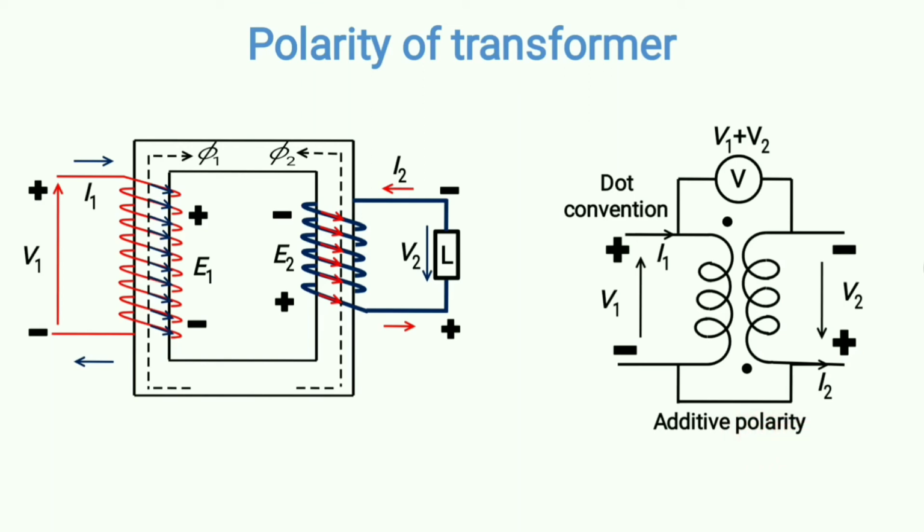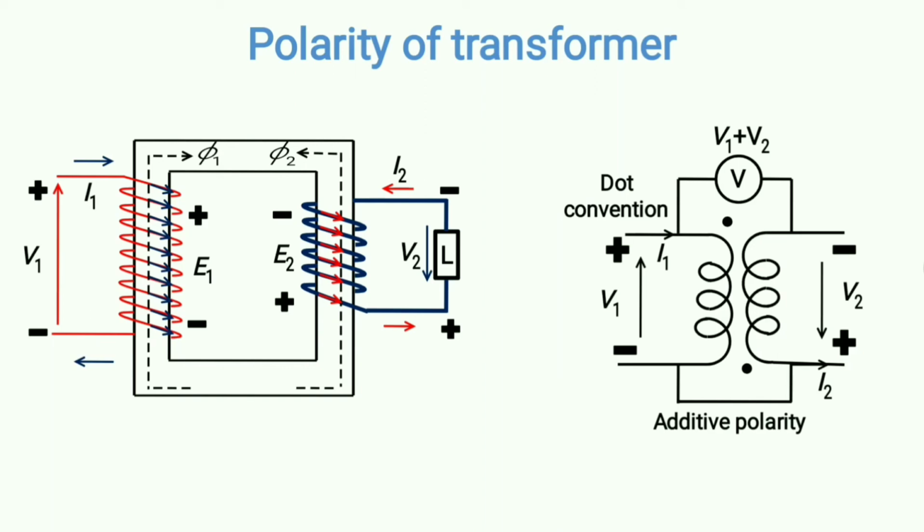So what is the conclusion? The conclusion is, by changing the orientation of your winding, that means how the winding is wound up across the core, by changing that formation you can actually change the polarity. Initially V1 and V2 were in the same phase, but in this case V1 and V2 are in opposite phase, or E1 and E2 are in opposite phase. So by changing the orientation you can change the polarity.